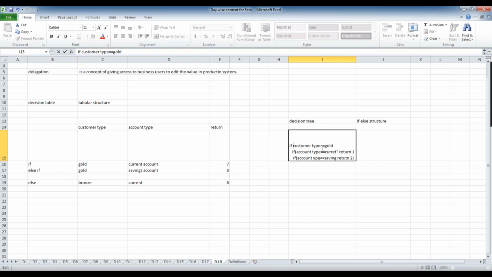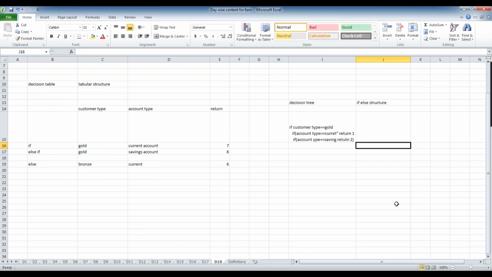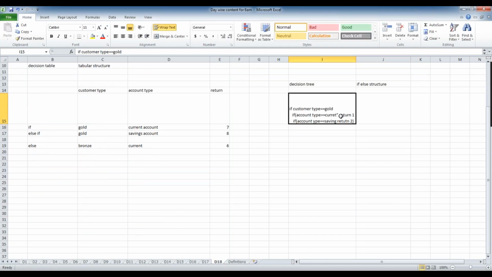If the customer type equals gold, business can easily understand. They can read it like sentences. We need to make the labels readable. Then it is easy for the customers. So we can also delegate a decision tree. It's not difficult. Moreover, it is easy to understand a decision tree because it's just like reading a sentence.